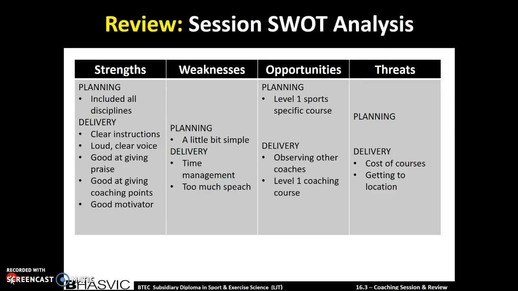This allowed people to be more effective. This allowed my session to be more effective, because there was minimal, if any, confusion as to what my session was and what they had to do within it. Also, the clear instructions reduced the need for me to repeat my instructions because everyone knew what to do.